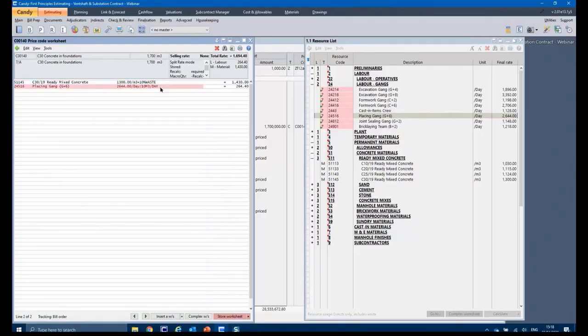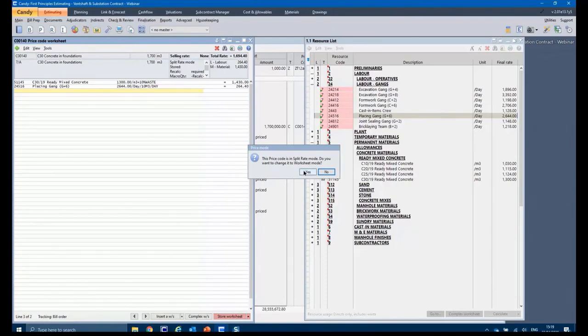And you'll notice again, it's like I'm writing on a piece of paper, so it's format-free calculations. I could have just said divided by 10 cubes, the same rate, but whoever reads this now needs to guess what 10 is. This is why you put as much info as possible in: 10 meter cube per day. And the system still manages to calculate the answer for us based on our unique format-free calculation functionality. And you'll see the total rate there, 1694.40. When I'm happy, I store it.